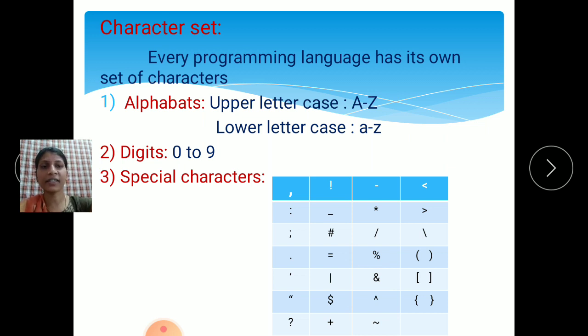Then this is the caret symbol. Next one is the negation symbol. If you want to write any negation or logical condition in your program, we will use this negation. If you want to write the ones complement, we will use the negation symbol. Then this is the less than symbol. If you want to show that a particular number is less than another number, we will use the less than symbol. This is the greater than symbol.